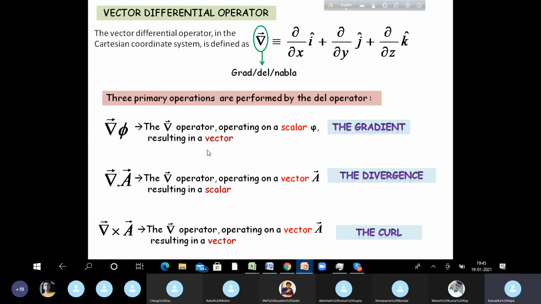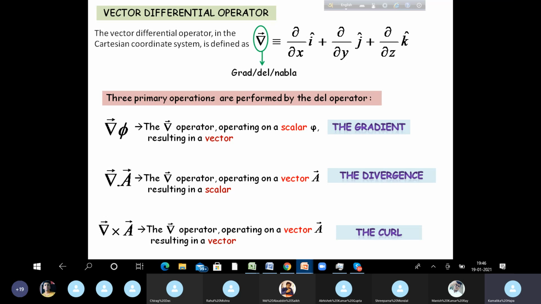Next, it operates on a vector, but the result is a scalar because you are taking the dot product. The del operator is a vector operator and A is a vector, of course. So when you take the dot product, you get a scalar, and this is called taking the divergence